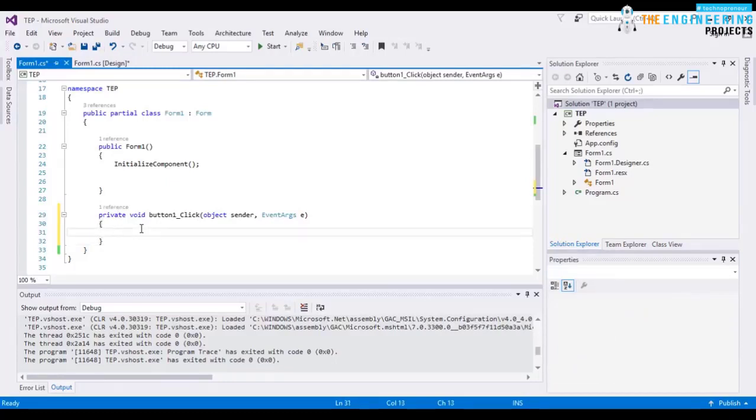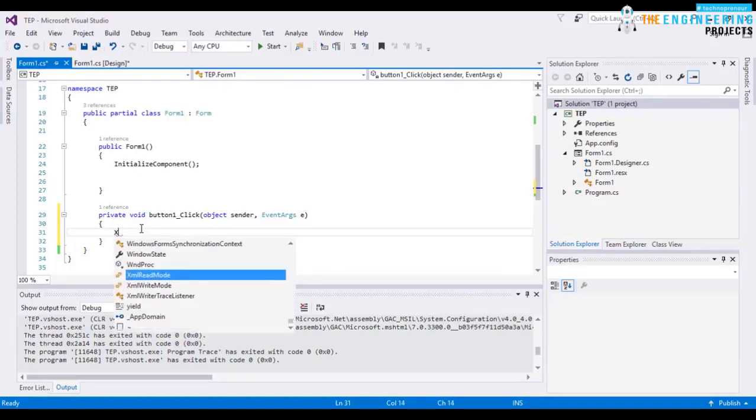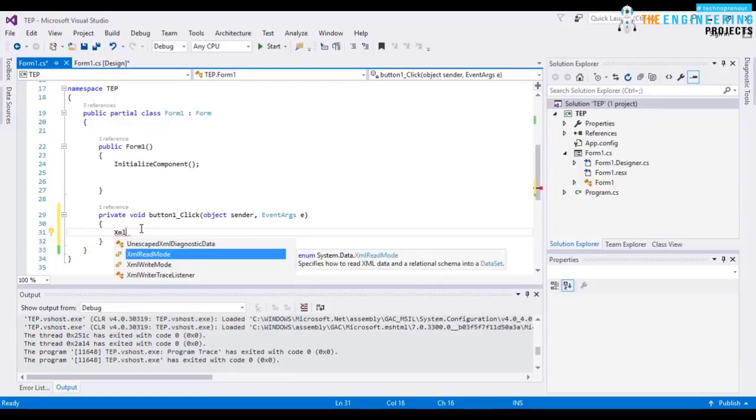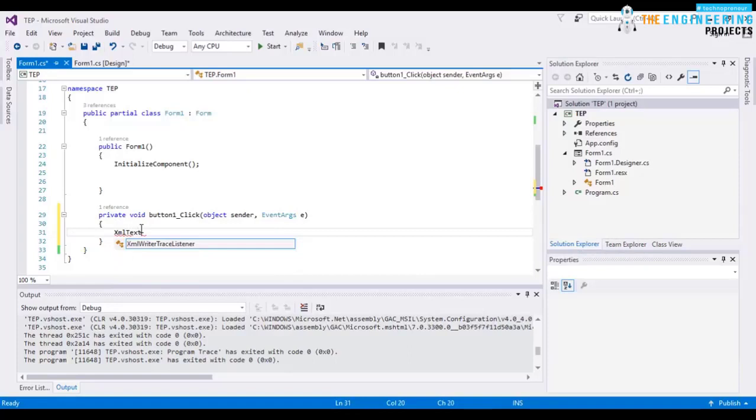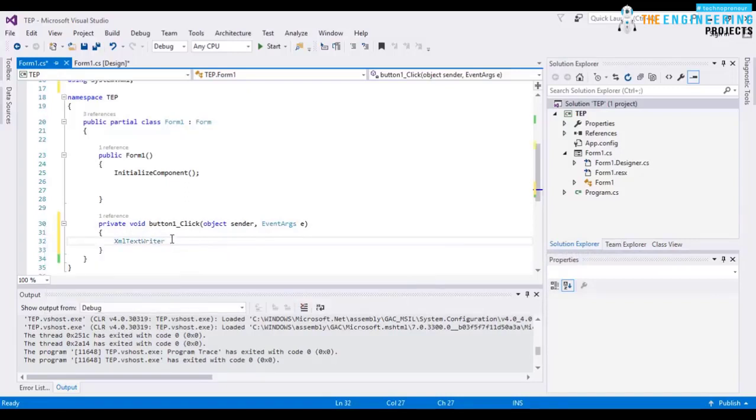Now I want to create the writer of XML. I will say XML text writer and add its library. Okay, and name it writer is equal new